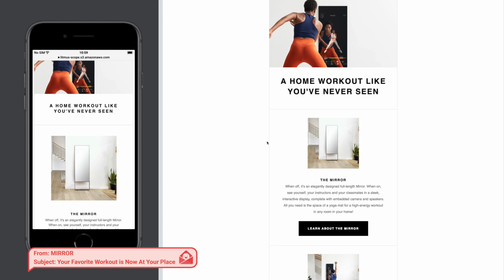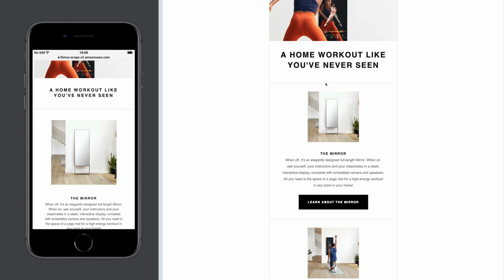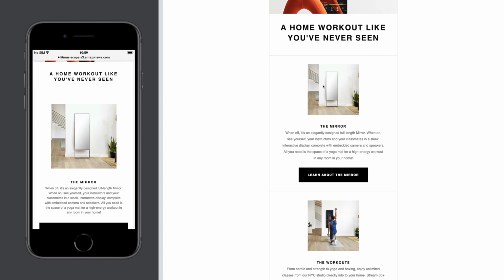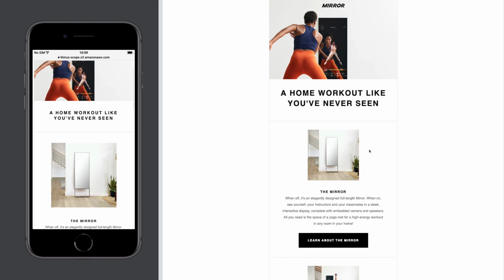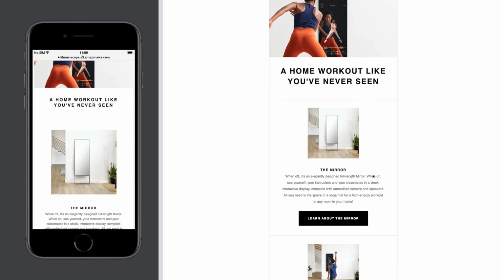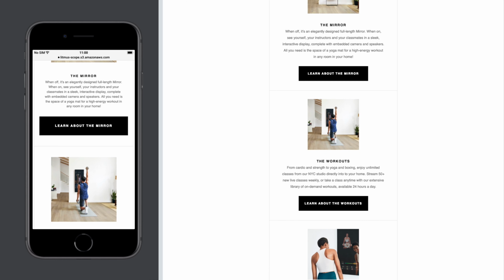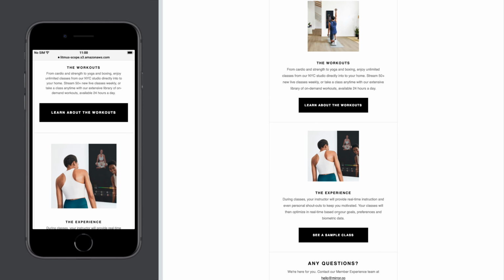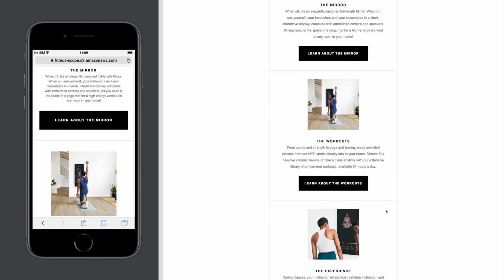All right, I think we've got one more. Again, a different lockup here, but you can see in the imagery you're starting to get a sense of what's happening and how to use the app, which is cool. Home workout, and then wow, I see the mirror and it actually looks really beautiful. So I'm getting the idea, oh wow, it's not just a big black screen all day long, but it can be a mirror like this, which is pretty rad. And then I can learn more about it. I can figure out more about the workouts. These are nice little modules. I can see a little bit about the experience and see a sample class. I think that's pretty cool.